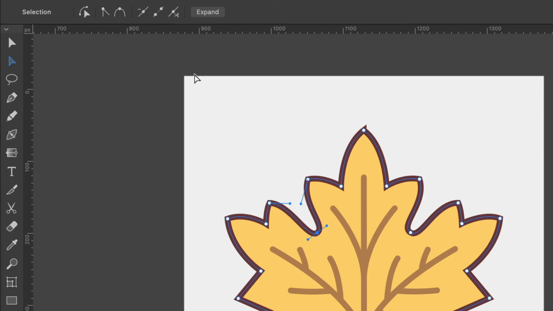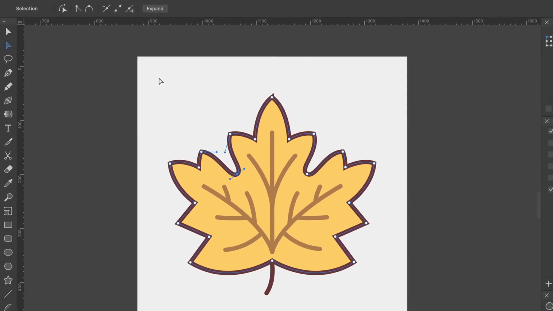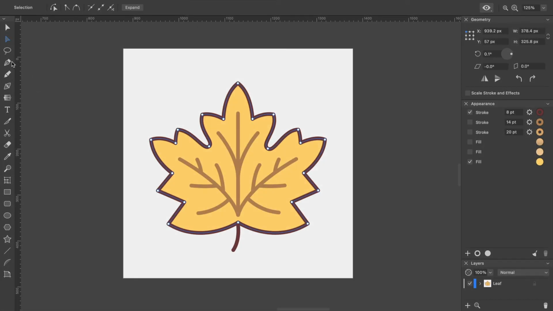Let's have a look now at additional path editing capabilities that are available with the Pen tool. Once we activate it, the cursor and the set of tools in the control bar changes accordingly. Again, the path has to be selected if we want to modify it using the Pen tool. Otherwise, you will draw a new path from scratch. If you approach the cursor to a path segment or anchor point, it shows which of the path editing operations are currently available. A small plus sign indicates that you may add a new anchor point. Make a single click to add it. If you hover the cursor over an anchor point, the cursor will change, indicating that you can move this anchor point.